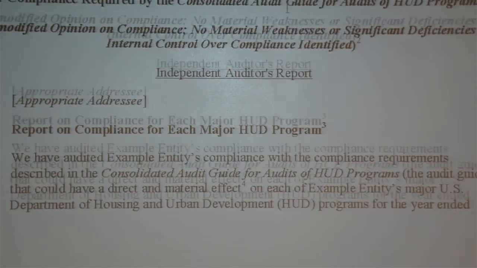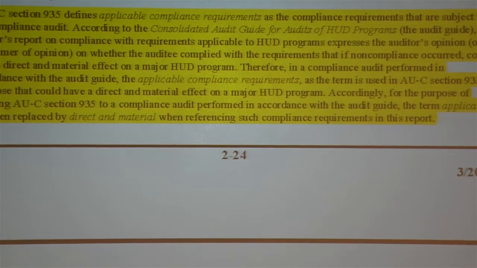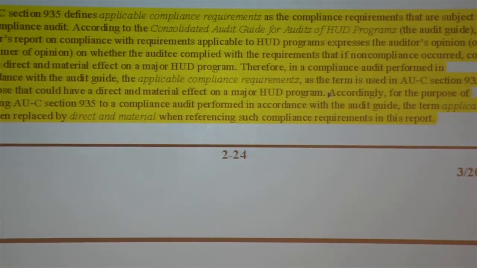Compliance report, there are two issues here. They're not really issues per se. This one is just a reminder as we go through chapter 3 again that the compliance requirements that are applicable to us are those that are direct and material. And in fact, the new A-133 says the goal is to test things that are direct and material and not to focus on minutia. I want you to think about that as we go through this afternoon too, okay?